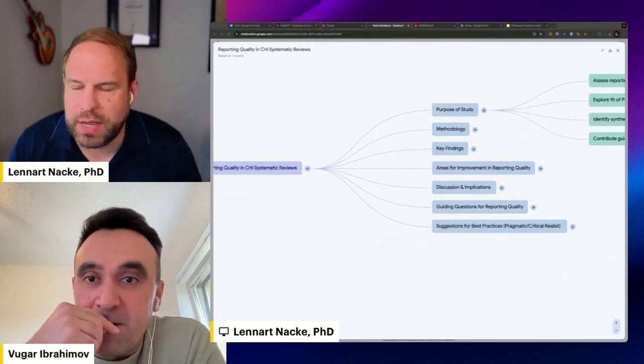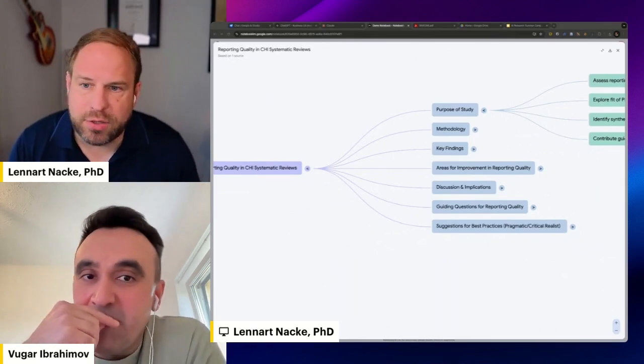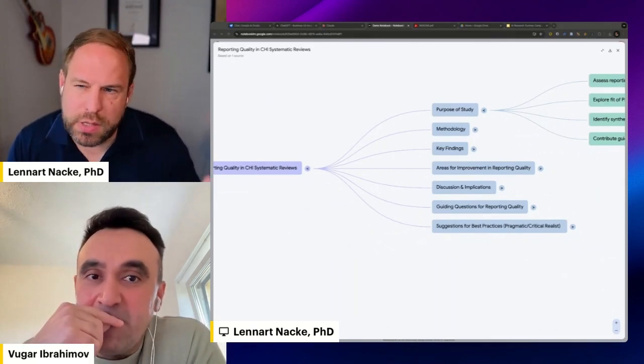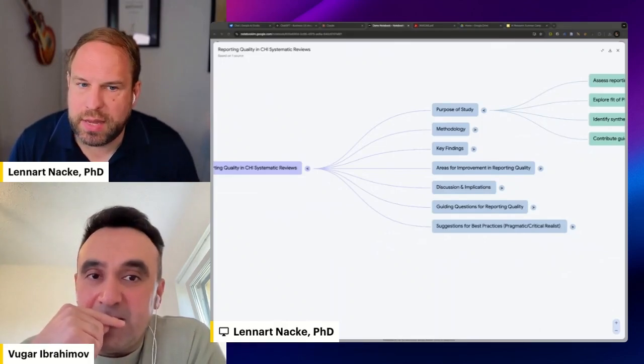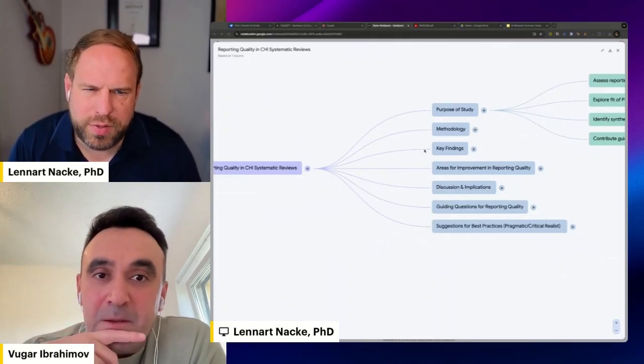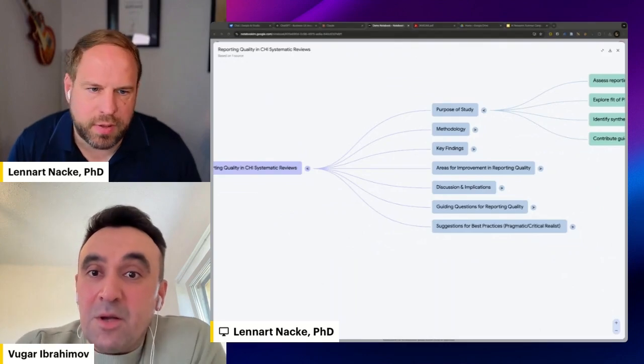But here we have one because I clicked on mind map, right? So I uploaded a PDF of a paper, and then I clicked on mind map, and then I get this really cool mind map, a topological overview of what's in the paper, right? And then what's the next step? Like, what do we use that for? I mean, everyone loves a good mind map, but like, what's the